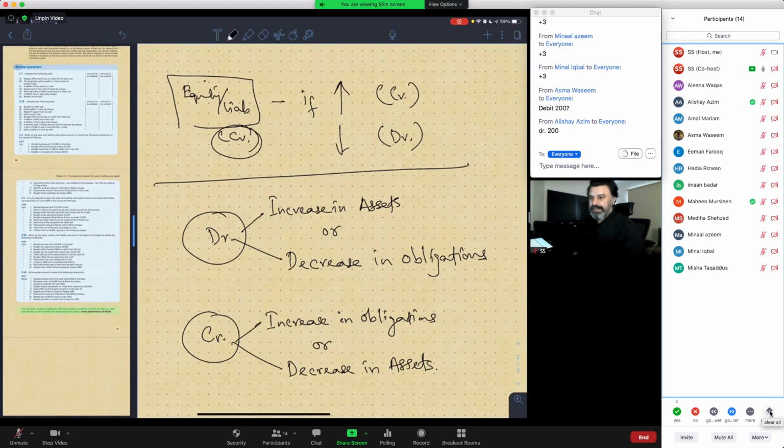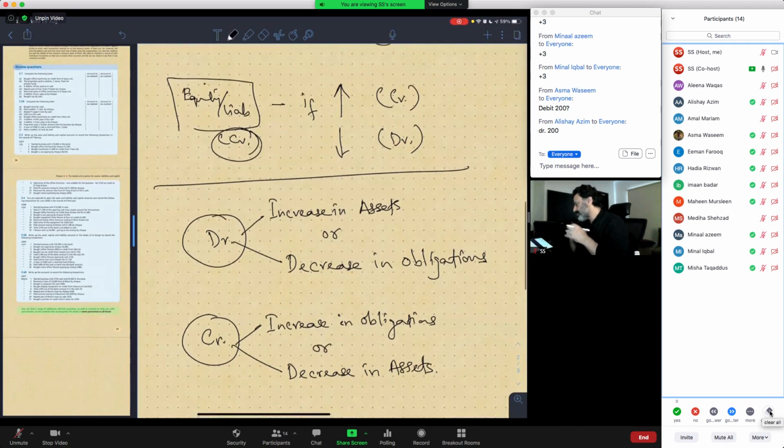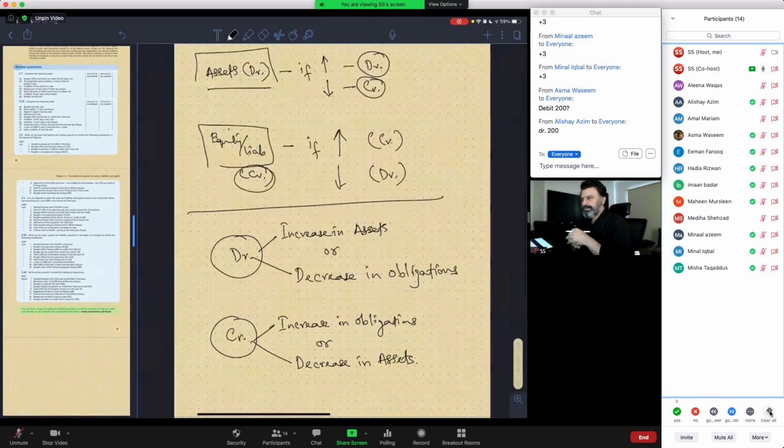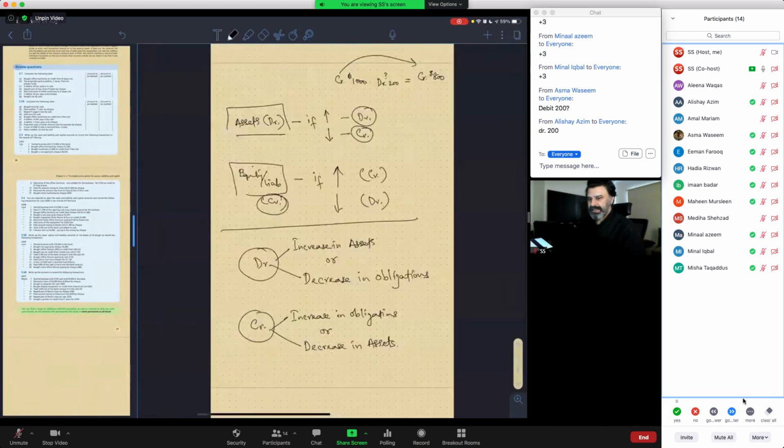Please give me the green check on participant windows, please. Okay. If you understand the debit, let me just make it smaller here, right? Okay. Good. Madiha already has done it, right? Okay. Now,